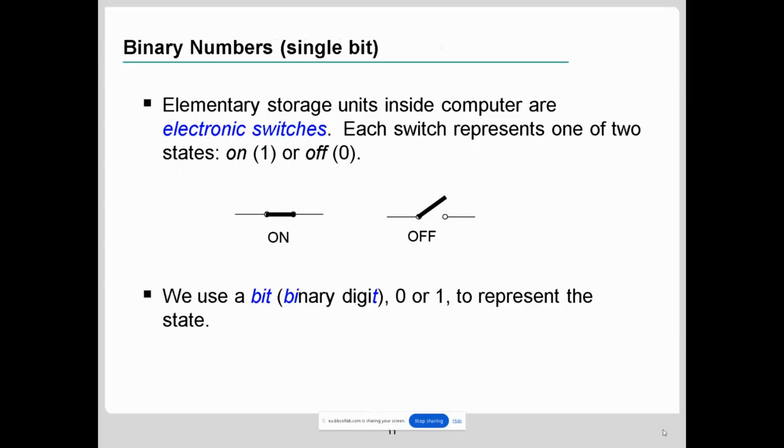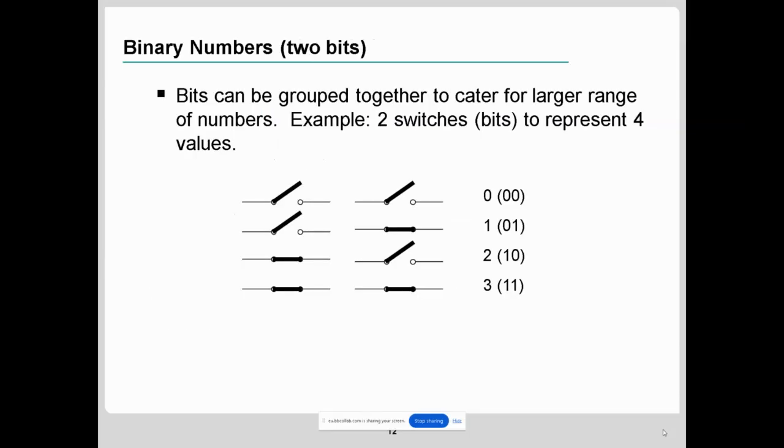Okay, now binary numbers. So there are two representations: on and off. We already studied it. Now if we want to represent more information, because a binary digit can be used to represent only two discrete values, but if we want to represent more discrete values, we need more bits. So if we increase the number of bits,